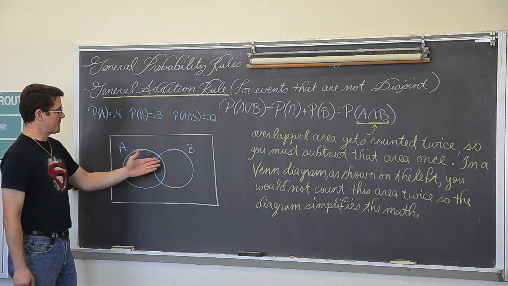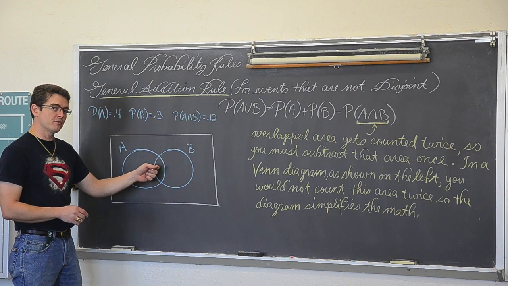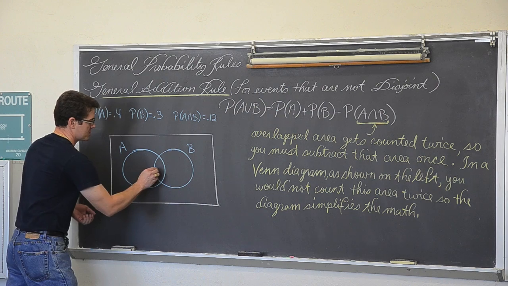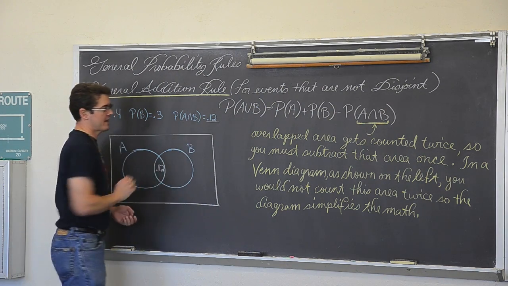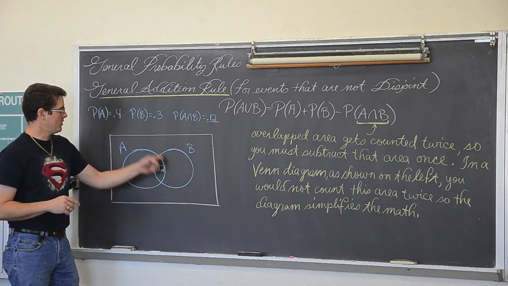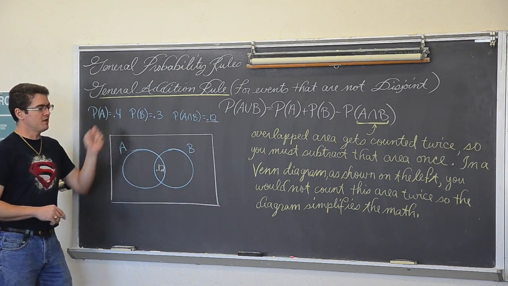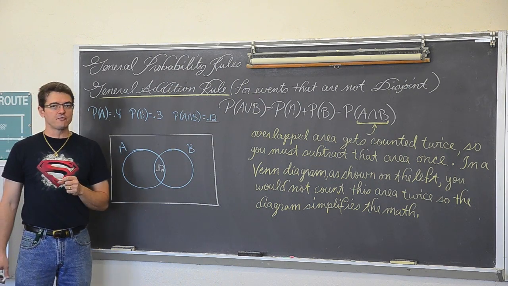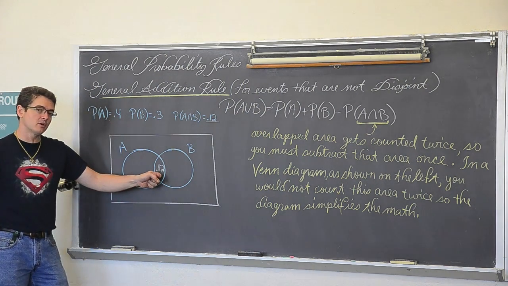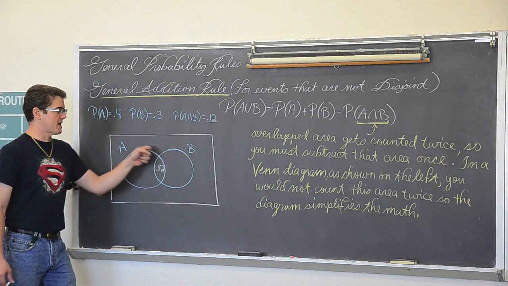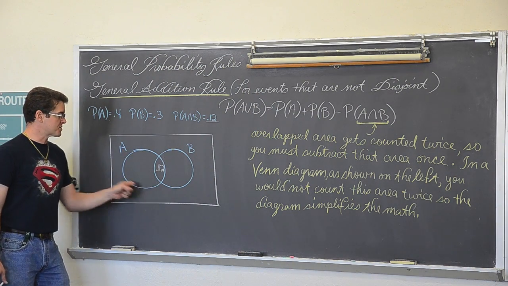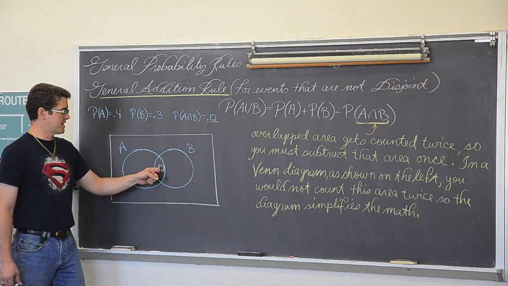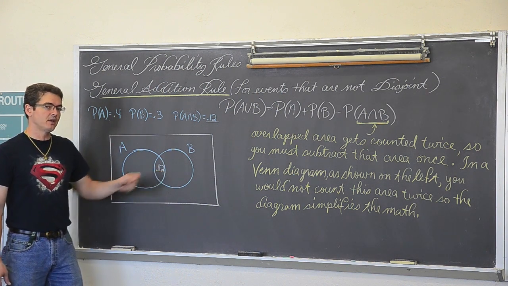So when you set up a Venn diagram, you want to do the overlapped area first. The probability that A and B occur together is 12%, so 0.12. That's the probability they both occur together. Now, the circle for A, the probability of A occurring, period, regardless of B occurring or not, the entire circle has to represent 40%. This is why you want to do the overlapped area first, because that entire circle must add up to be 0.4. Well, this circle has 0.12 already represented. So 40 minus 10 is 30, minus another 2% is 28.